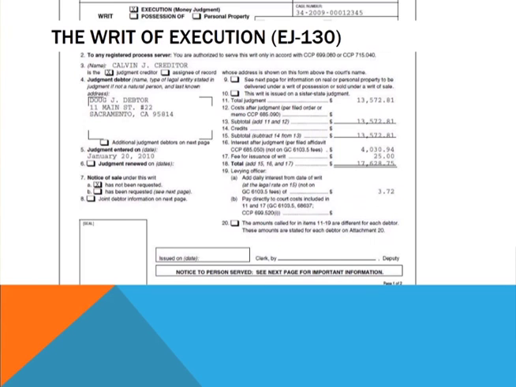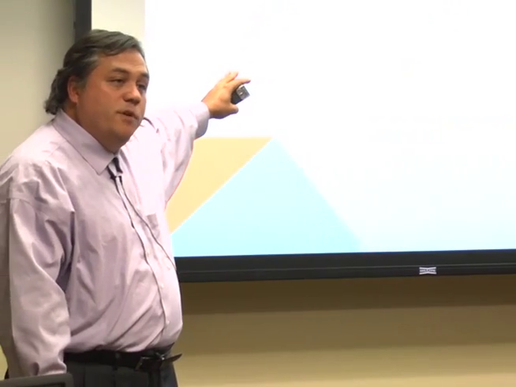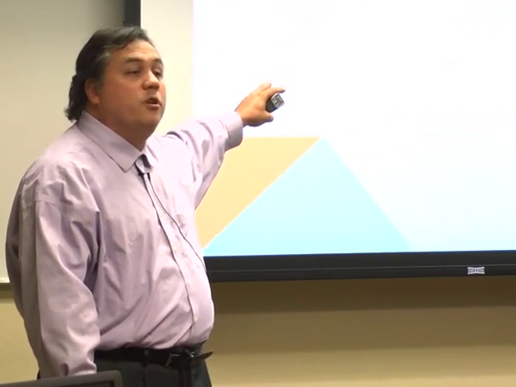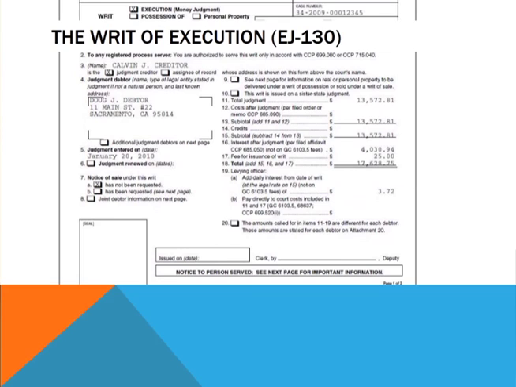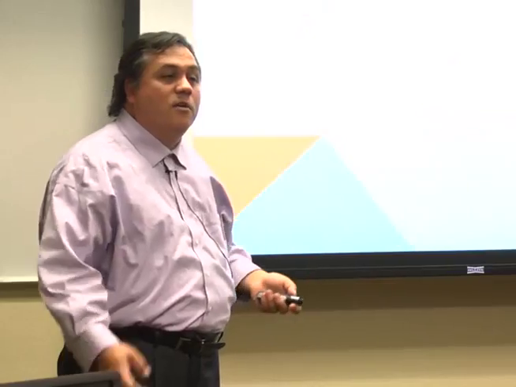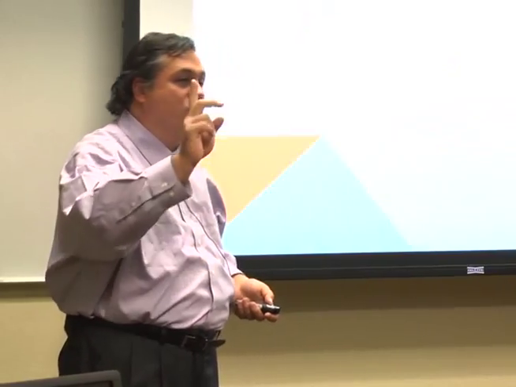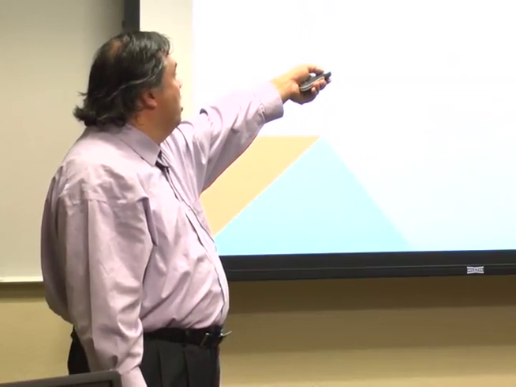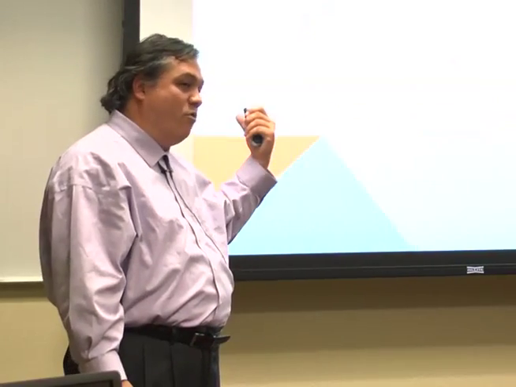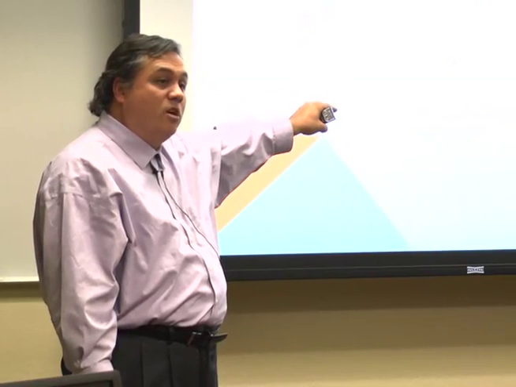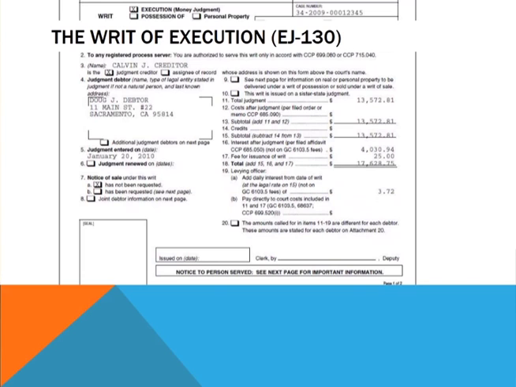Then you indicate your name, information about the debtor, and the date the judgment was entered. If this is a renewed judgment, you would enter the date that the judgment was renewed, and then you would indicate the information on the judgment: the total judgment amount, the costs that were previously on that document you filled out, the memorandum of costs, not the interest, but the costs. If it's under $100, you can file the memorandum of costs in this writ of execution at the same time and claim the $100. You would subtotal that out, the credits that were previously provided, and your interest on the judgment,